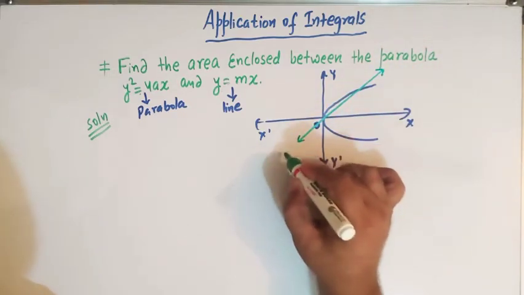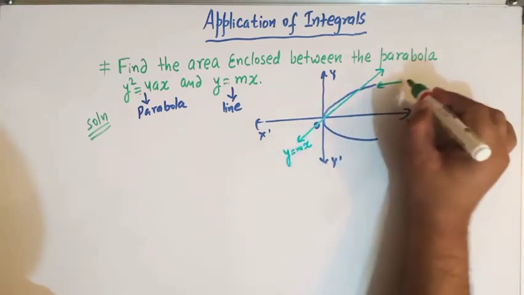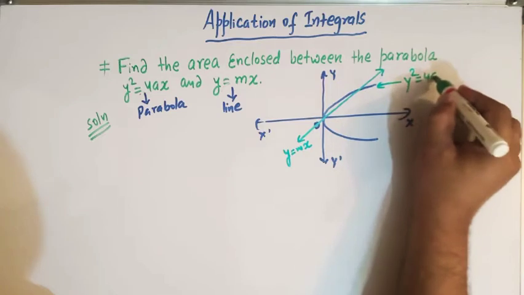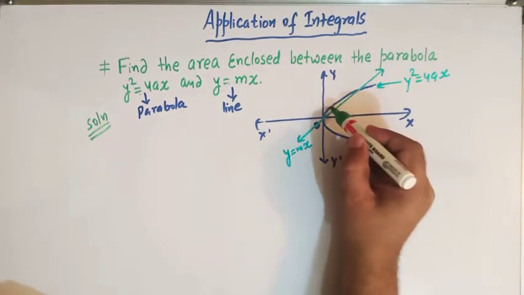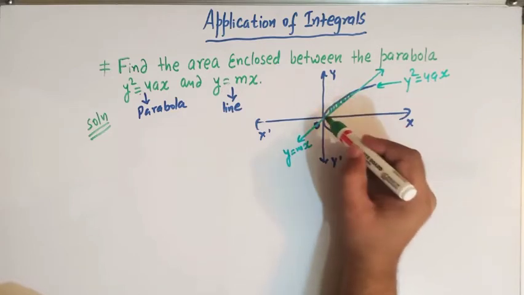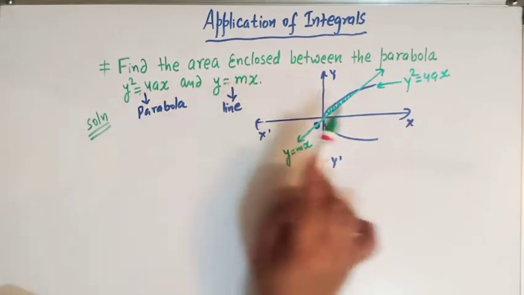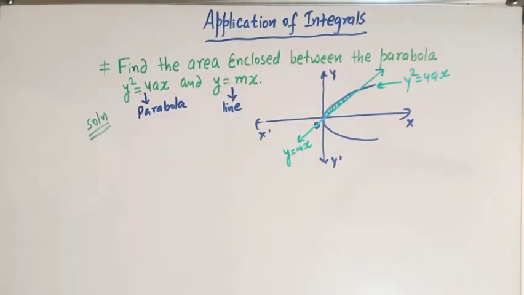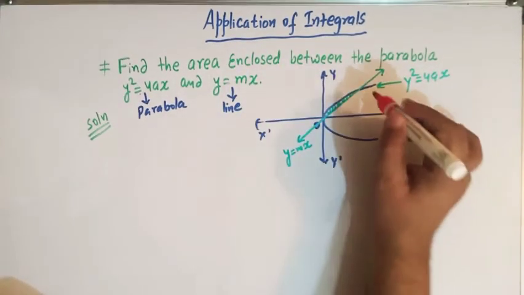So this is the line y is equal to mx, and this is the parabola y square equal to 4ax. Now our aim is to find this area, right? We have to find the area that is enclosed between this parabola and the line. So for finding out this area, we will make use of the concept of integration, and